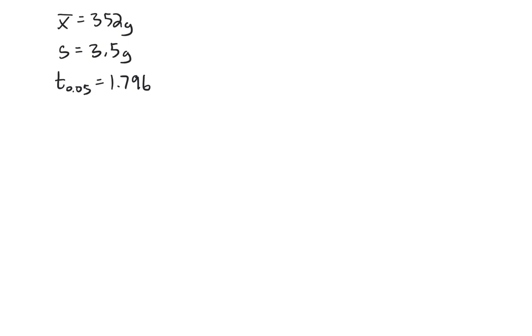So I just wrote down the data that we need to continue to finish this problem. We need to figure out the standard error because we're dealing with sampling distributions. And you can check on the flow chart that the formula for standard error for a t distribution is just the sample standard deviation over root n. So that's going to be 3.5 over square root 12, and you should get in your calculator 1.01. So that is our standard error.